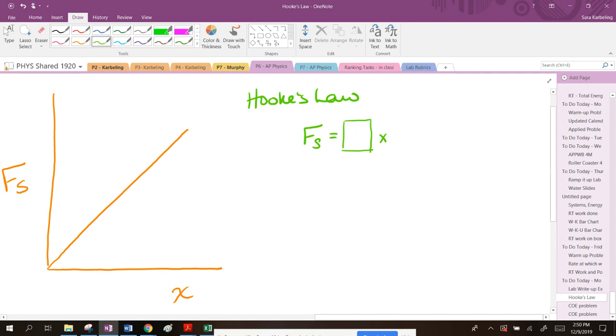And that some constant is not just some constant, we call it the spring constant. Whoa, what? And we use the letter, anybody know? Want to guess? K. I don't know why. Seems like it should be S, but it's not. K. K is the spring constant